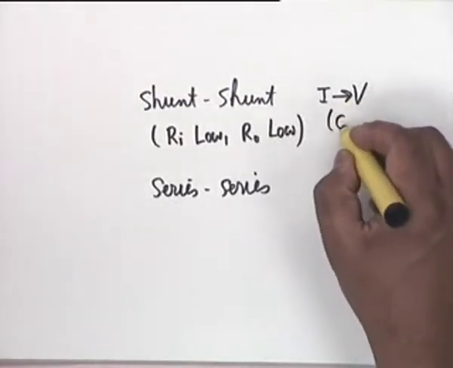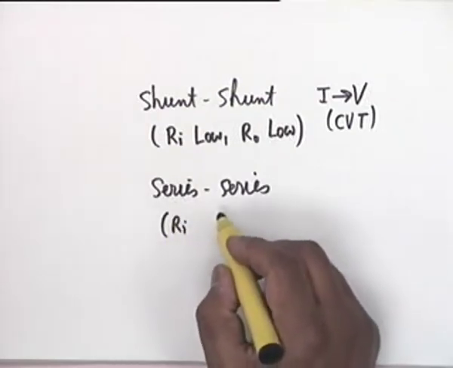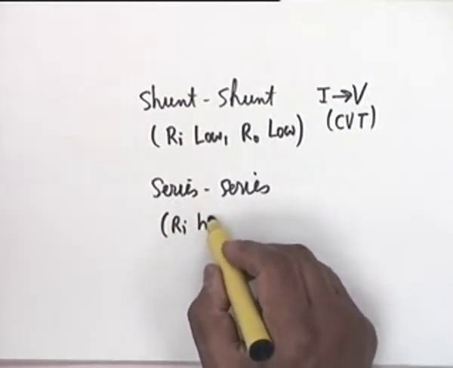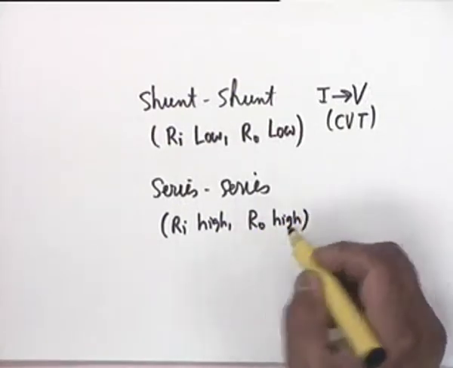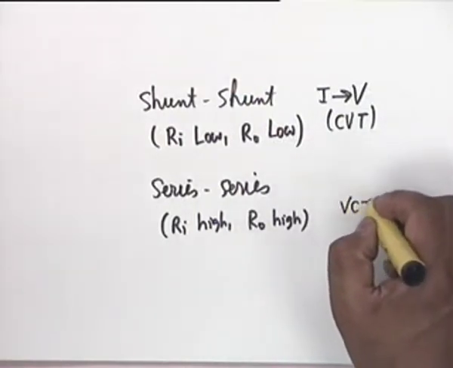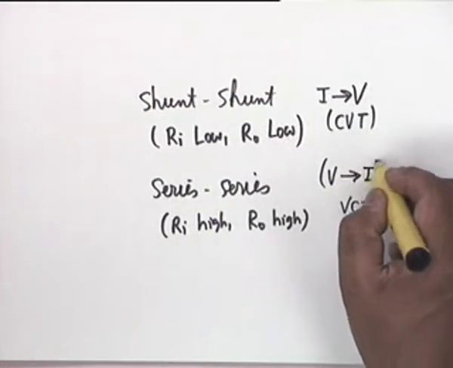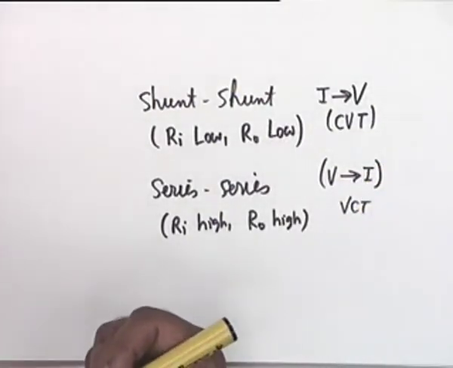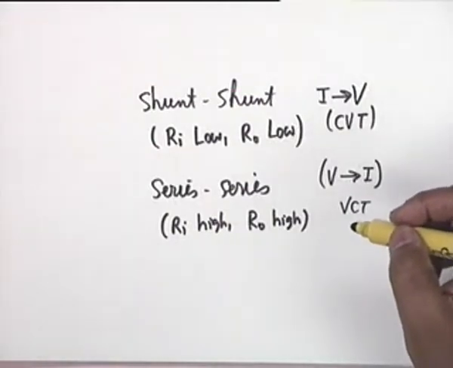CVT. Okay. Current to voltage transducer. In series, Ri is high, R0 is also high, and it is VCT. That is voltage to current. Don't you see that they are complementary? CVT and VCT are complementary. And if you have to